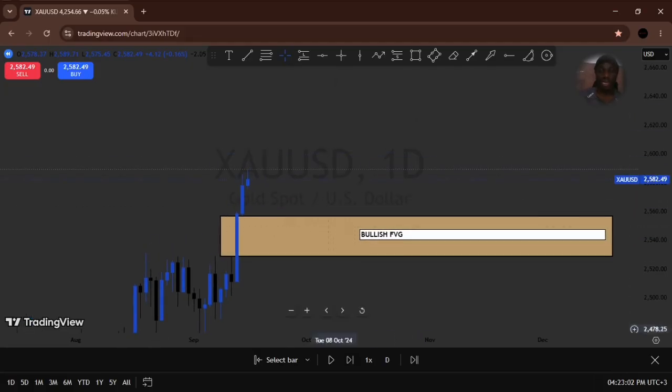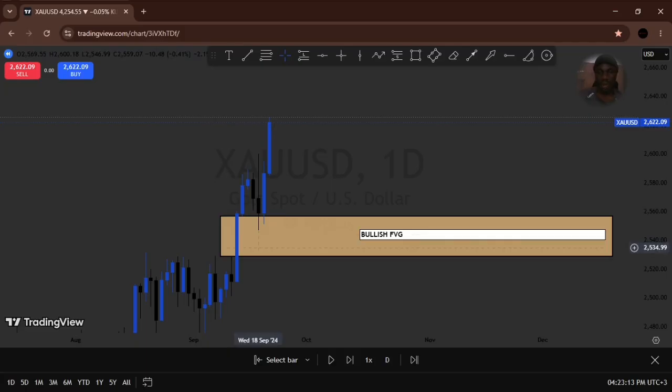Okay, price is now ranging up. You could see it up. All right, so price has come back in the zone, but that's not enough. Okay, we could see it up. So as price is going back,